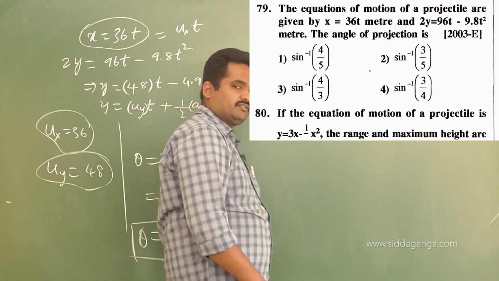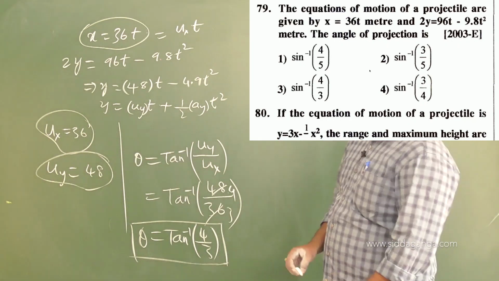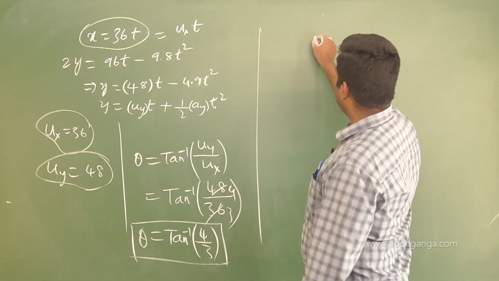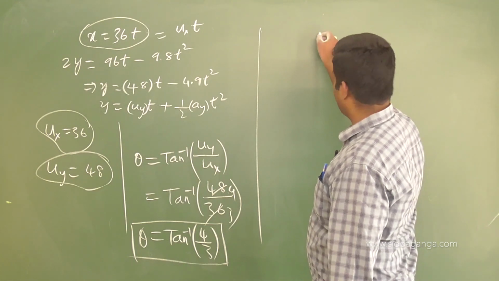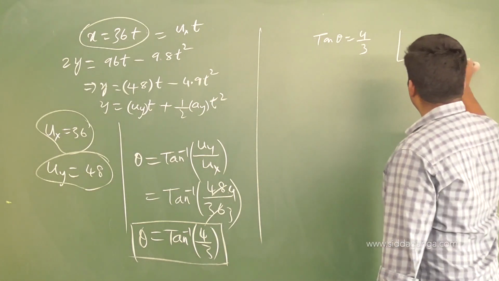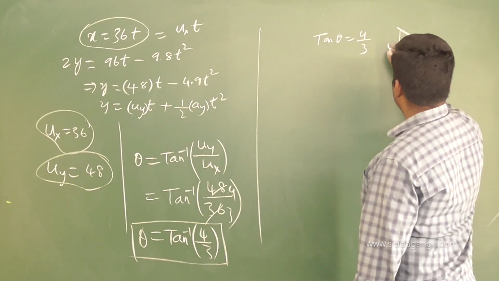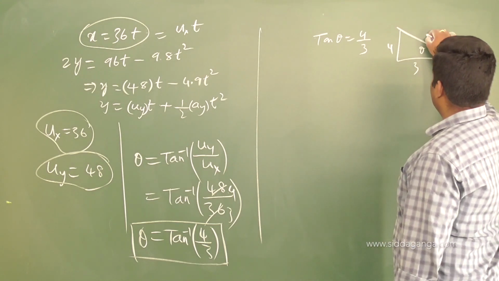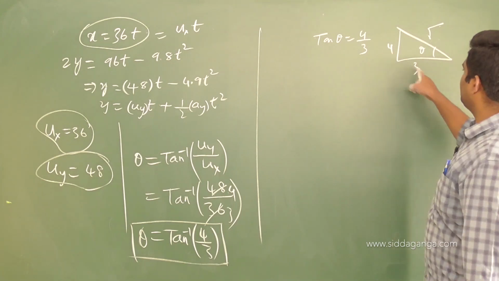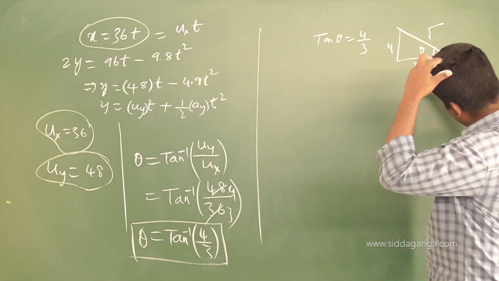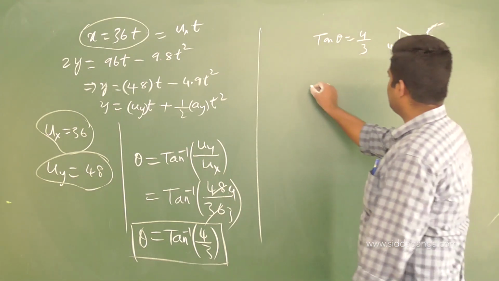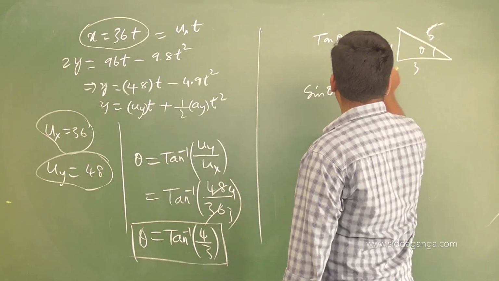Oh, they have given the options in terms of sin. They are not given the answer in terms of tan. So now see, just find out, no problem. Tan inverse of 4 by 3 means how much? Actually, tan theta is 4 by 3 indirectly they have given, right? You know this method, right? This is 4 and 3, then this is how much? Root of 9 plus 16, 25 means you will get 5, a 3, 4, 5 triangle it is. Then sin theta from this will be equal to how much? 4 by 5 it is.